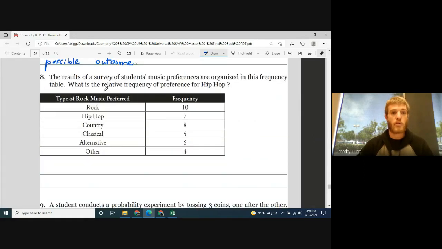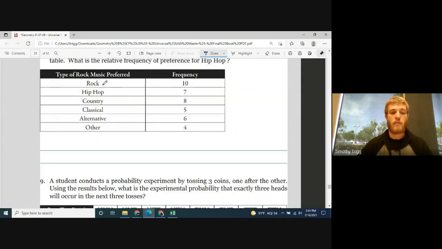Question 8. The results of a survey of students' music preferences are organized in this frequency table. What is the relative frequency of preference for hip hop? So we're looking for a relative frequency for how many people like hip hop. So it's the same as asking, given this survey, what's the probability that someone prefers hip hop? It's the same as asking what's the probability that someone chose hip hop,